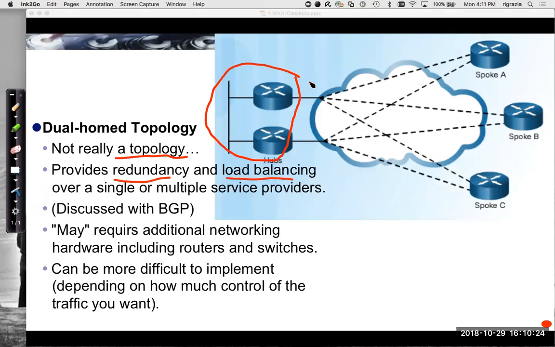So typically in this scenario here, you'd be running BGP, Border Gateway Protocol, with the 3 different providers. Spelling mistake there. May require additional networking hardware, including routers and switches. Not necessarily. You could do this with a single router. Again, it's a design consideration. Can be more difficult to implement. Not necessarily, but typically when you're wanting to do this, you're wanting to have more control over the traffic, what